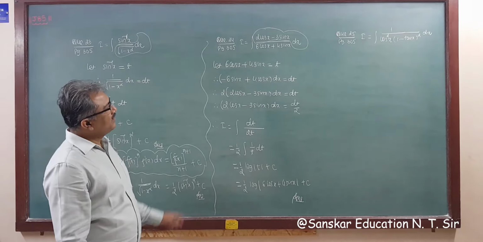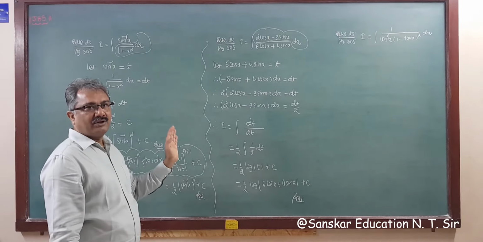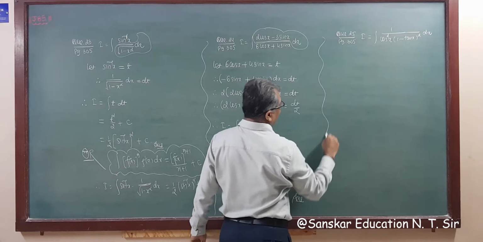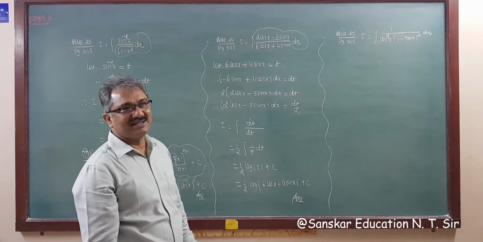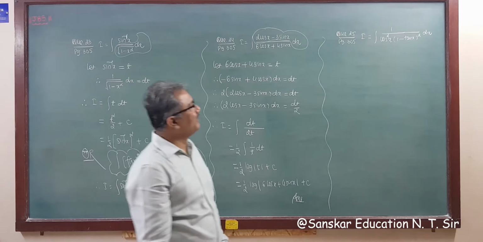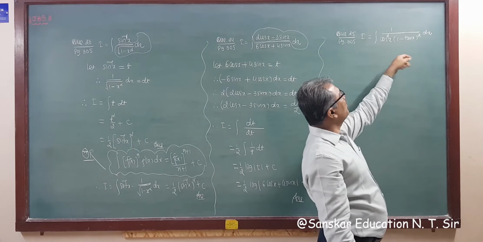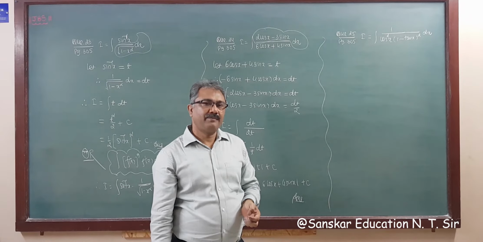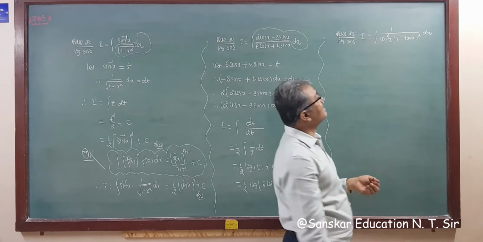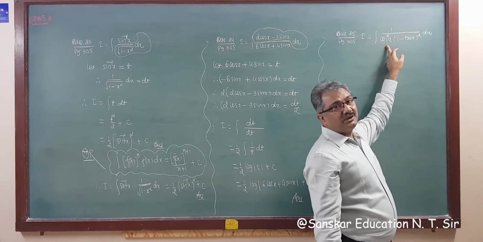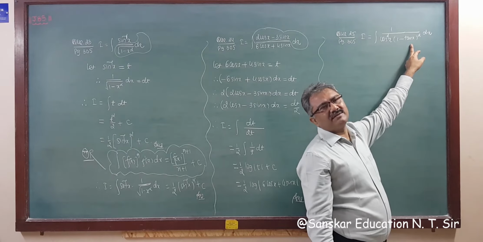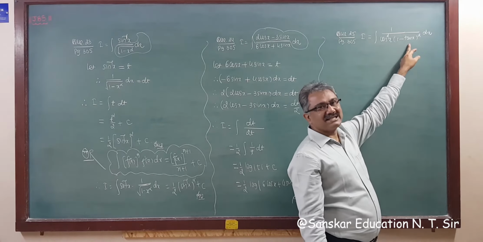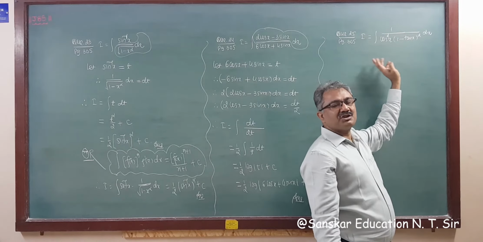Got it? So these all are simple examples for you people, right? And this will be asking only MCQs. Now question number 25: integration of 1 upon cos square x into 1 minus tan x whole square. Check what we can do. Cos square is in the denominator, tan is also there. What is the differentiation of tan? Sec square x, right? You know derivative of tan x is sec square x, and we have 1 upon cos square. 1 upon cos square means sec square x.